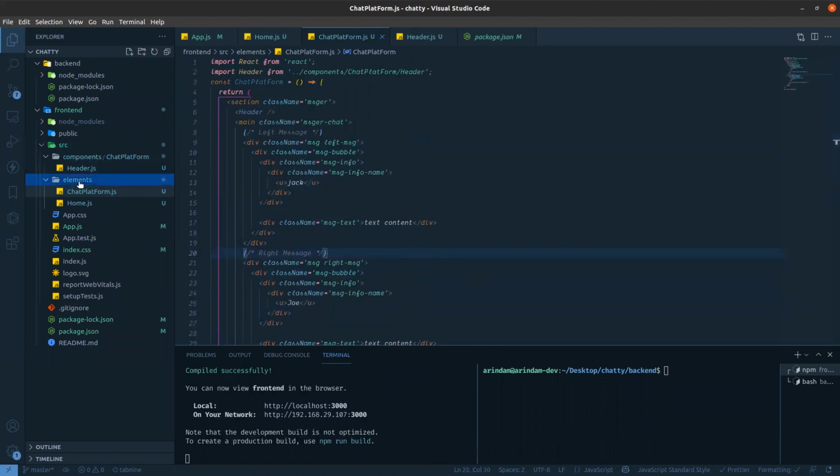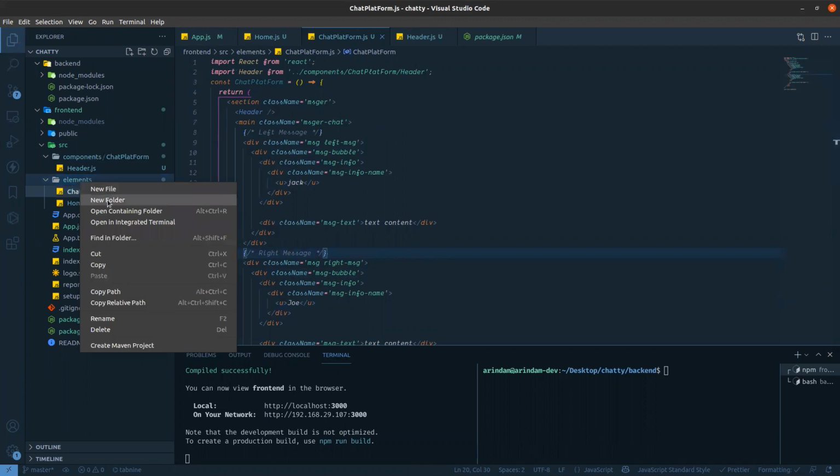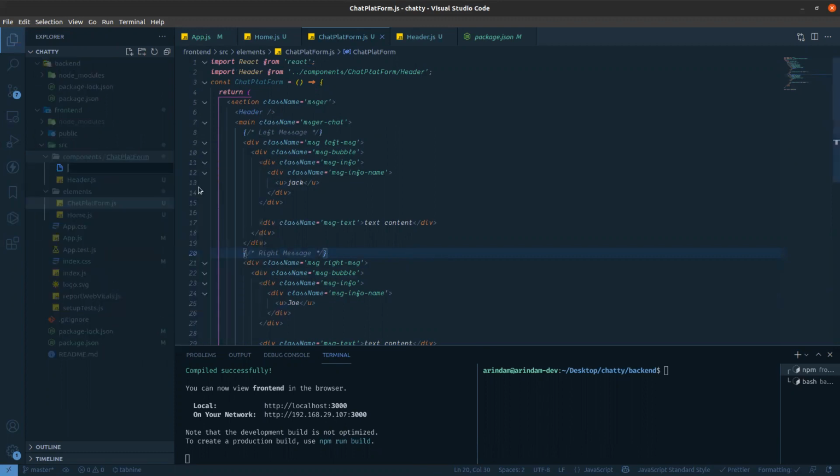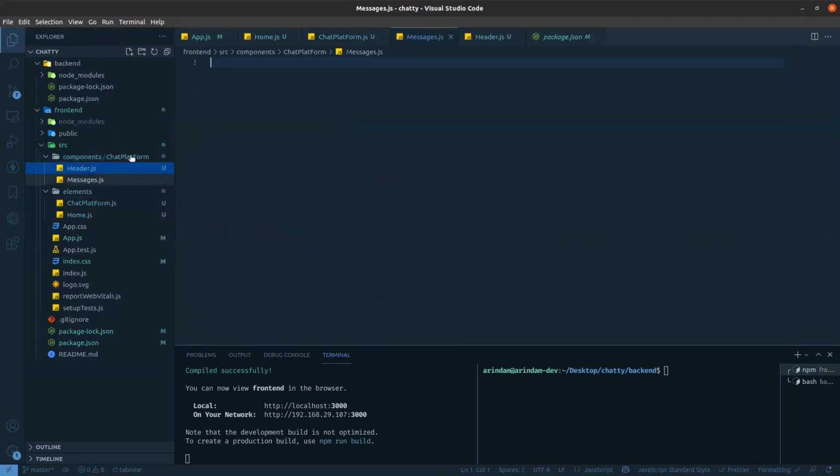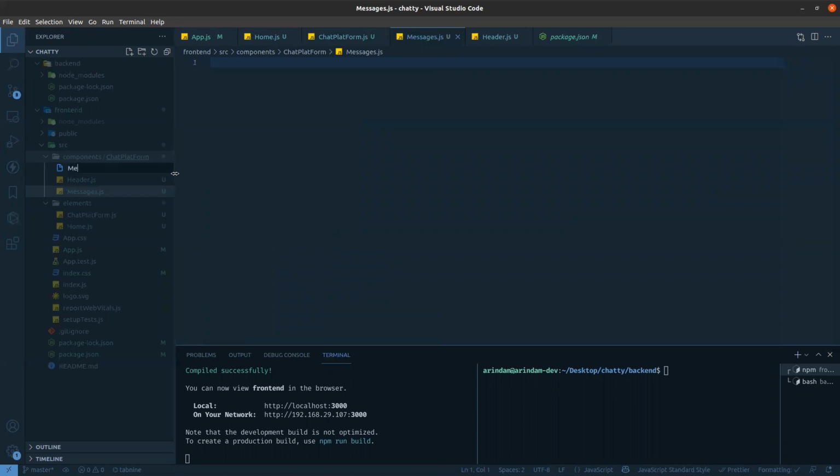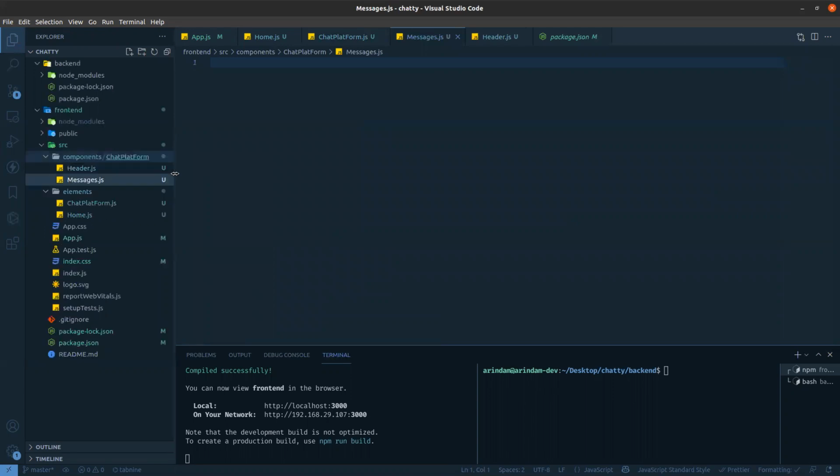So I'm creating another component, sorry, in this component messages.js. Okay, I'm creating another one, that is message. Messages means when we get more than one message, and message is a single one.